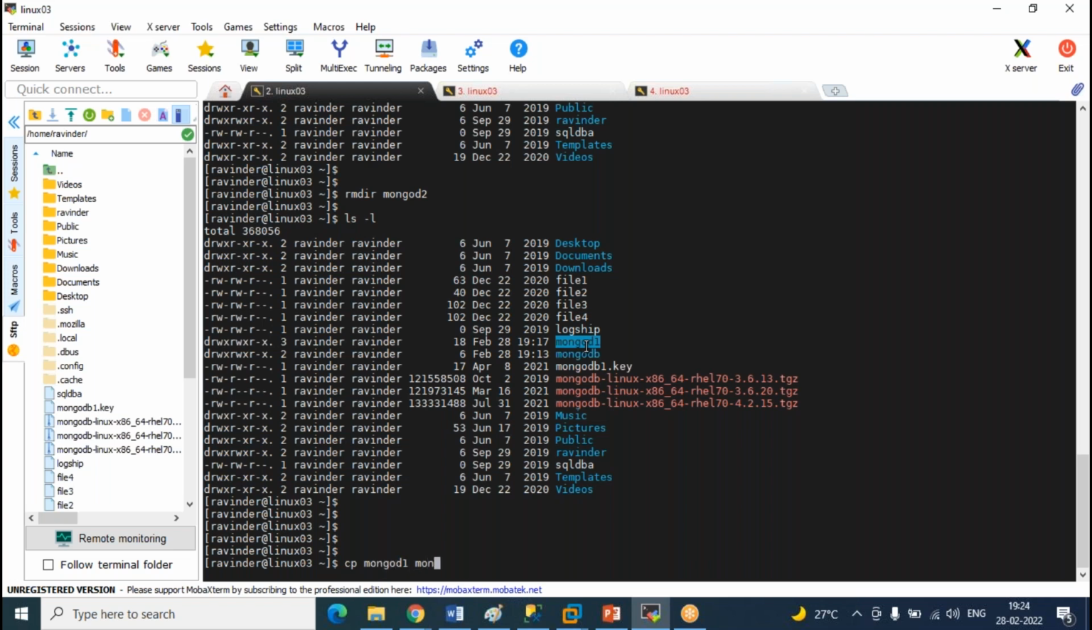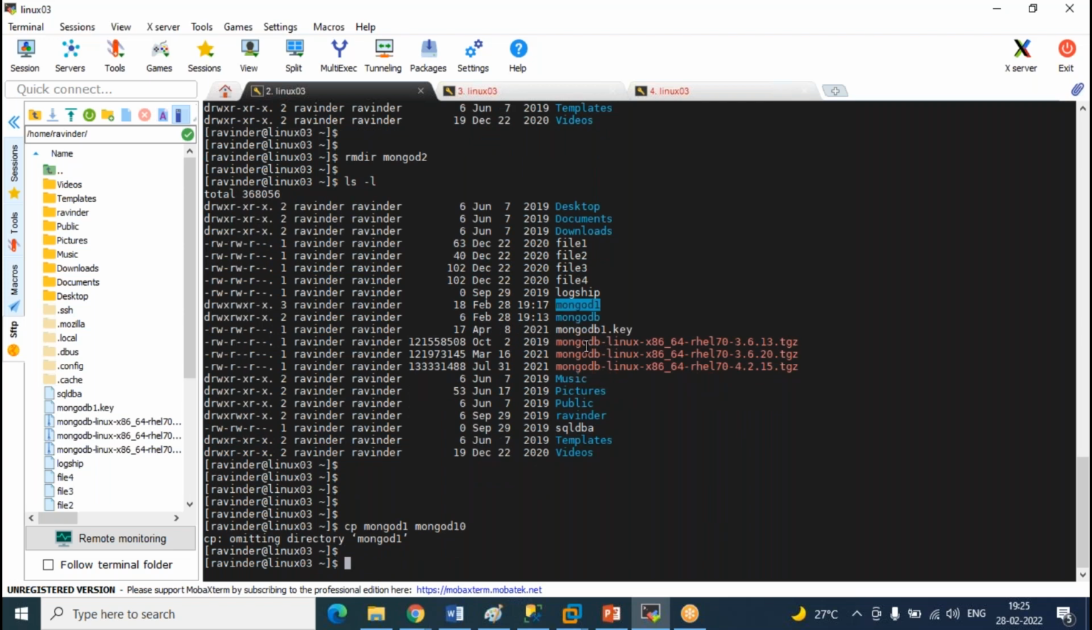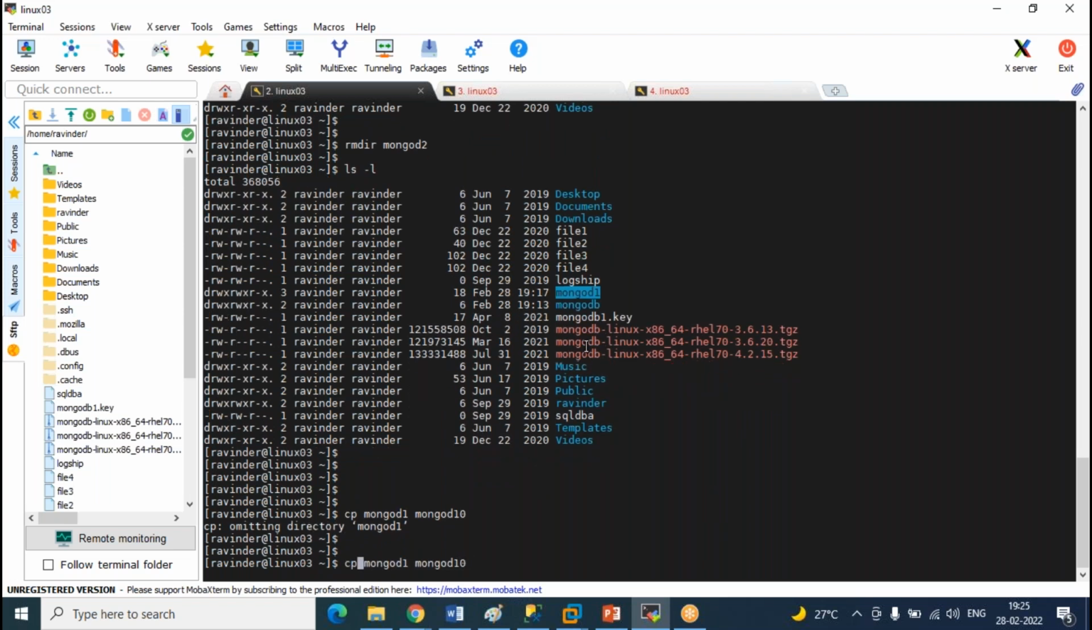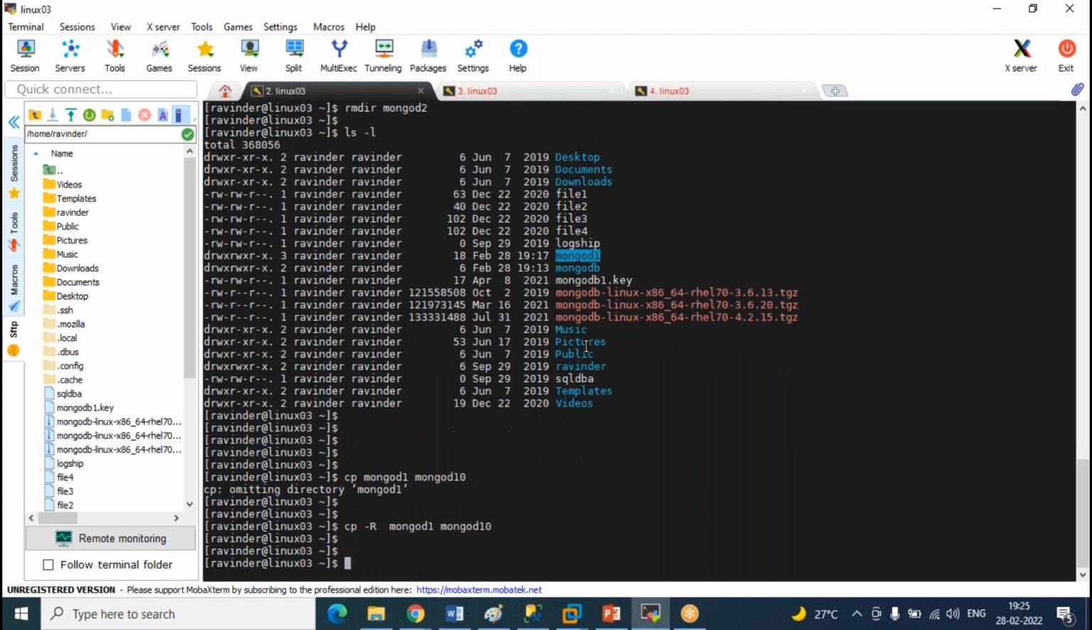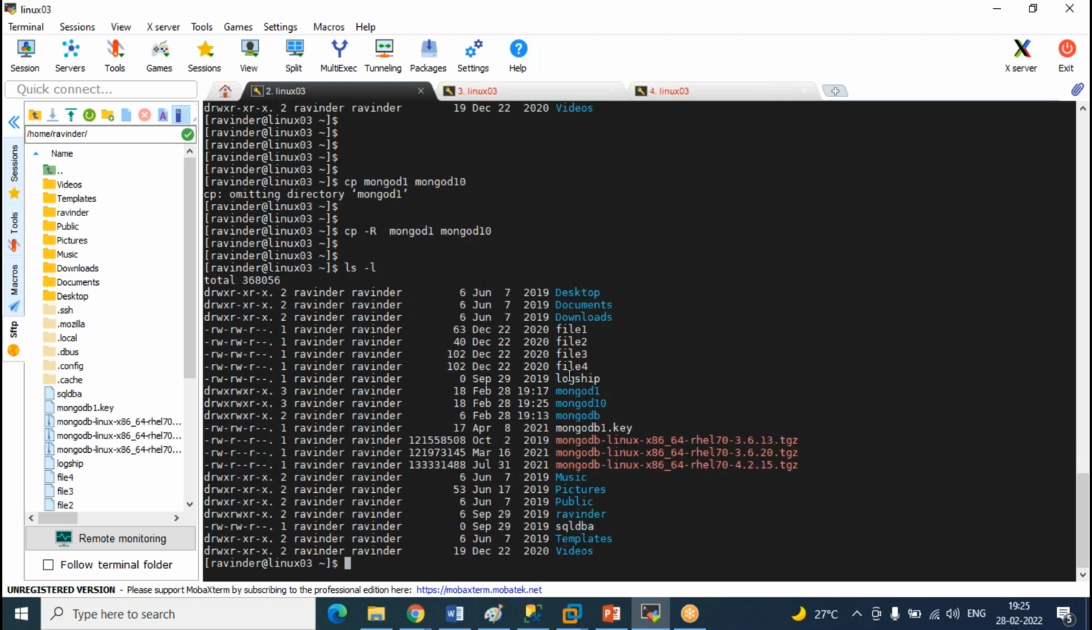And if I do this one to Mongo10, MongoD10, something like that, can I do it like this? Yes or no? You have to use a recursive copy here, in fact, right? So it'll copy that entire directory structure into Mongo10. So now what I'm going to do,